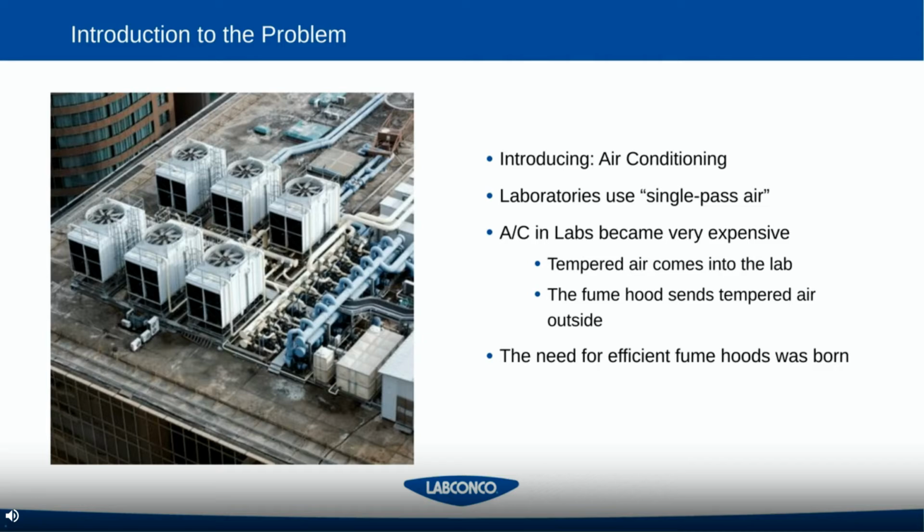Let's just imagine that outside it is 80 degrees. That 80-degree air doesn't just come in and get cooled to 70 degrees and expelled into the room. No, that air could have a substantial amount of moisture in it. And so that air needs to be cooled down to below 50 degrees to take some of that moisture out of the air. And then that now 50-degree air needs to be reheated back up to the